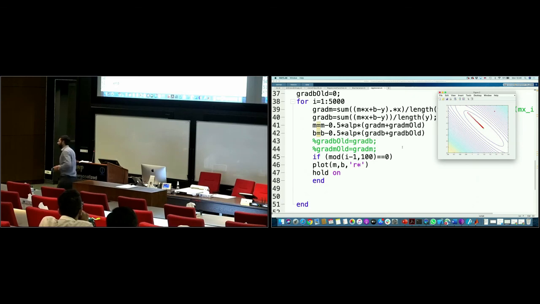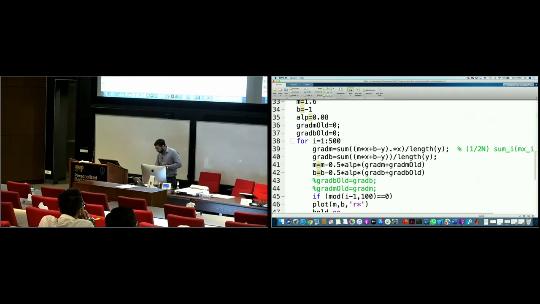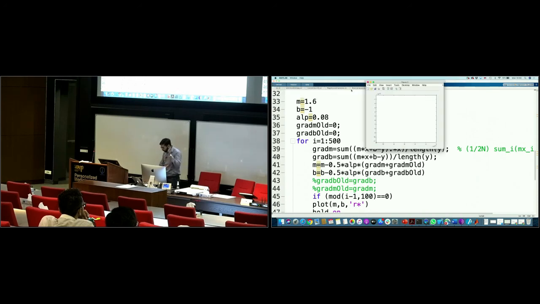Let me show you an example where gradient descent fails. I have a step size of 0.08. Let's say I make it 0.8, and I'm not going to go for 5,000 iterations because I know it's going to fail. So a small number of iterations would do. Okay, so we are in the range of 10 to power 143 and 10 to power 142. So my x is 10 to power 143 and 10 to power 142. We are somewhere very far away because my step is large.